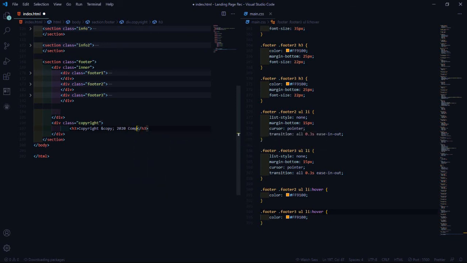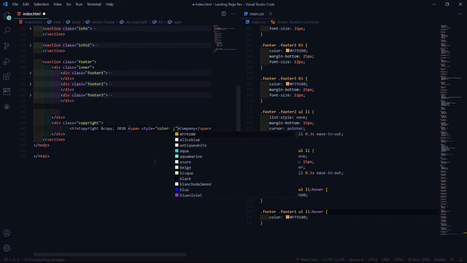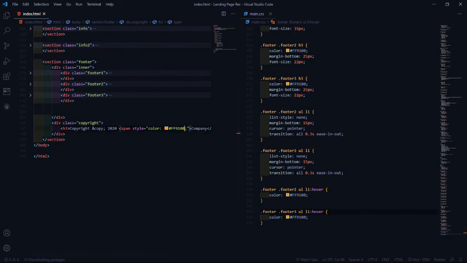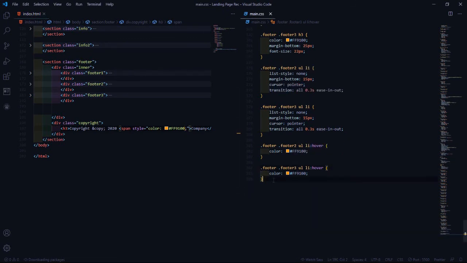Then company name. So this company name will be in its own span. Then we should add a style, the color of that there. So let's refresh and see. Okay, that's getting better. So now let's edit the copyright text. So just do dot copyright, then